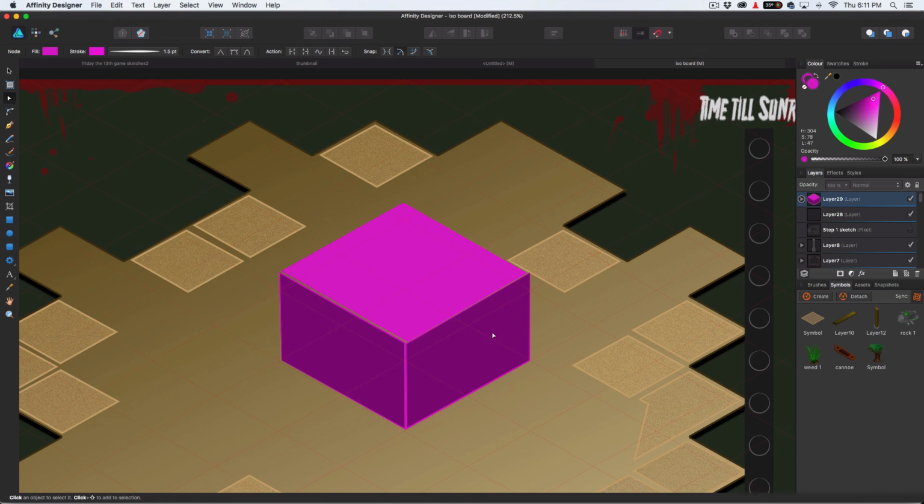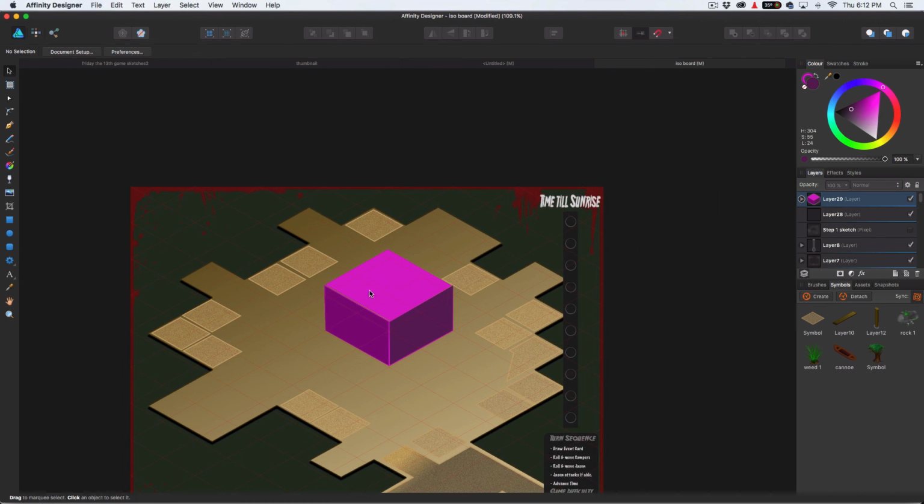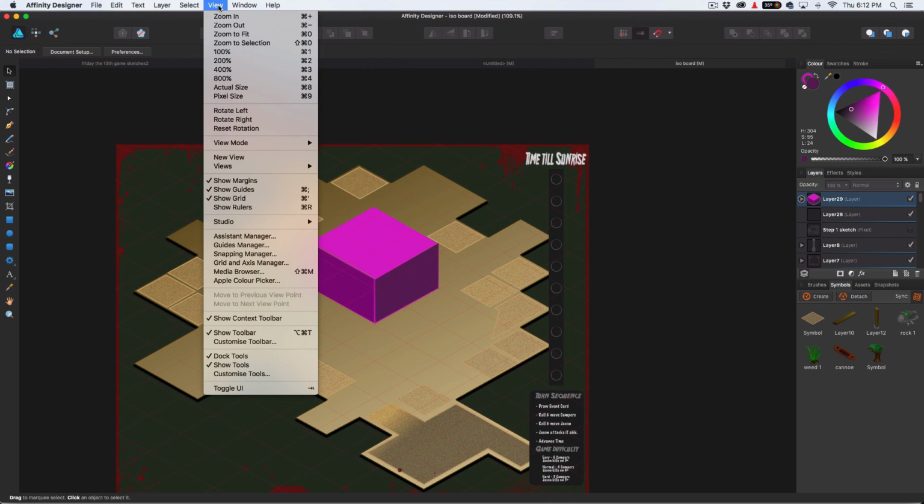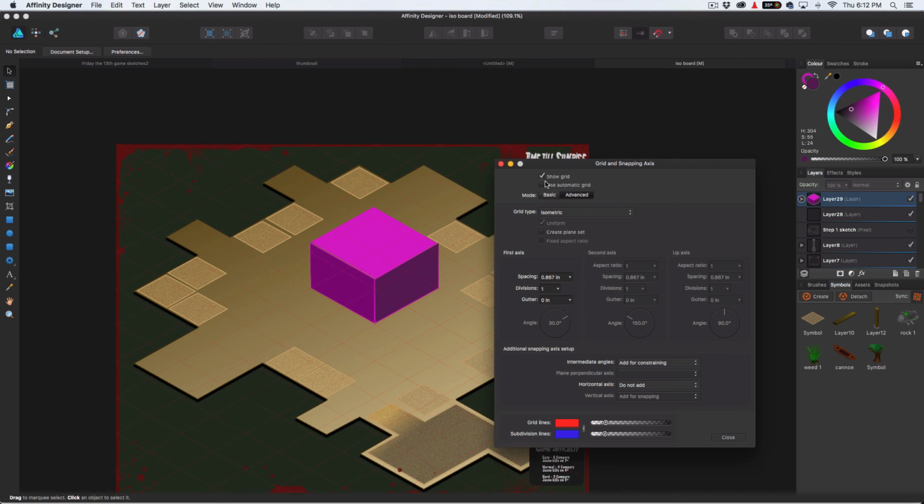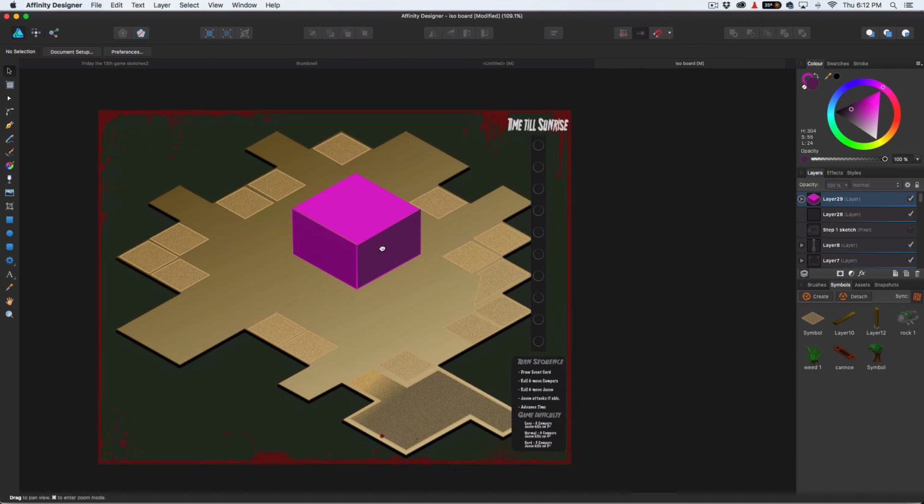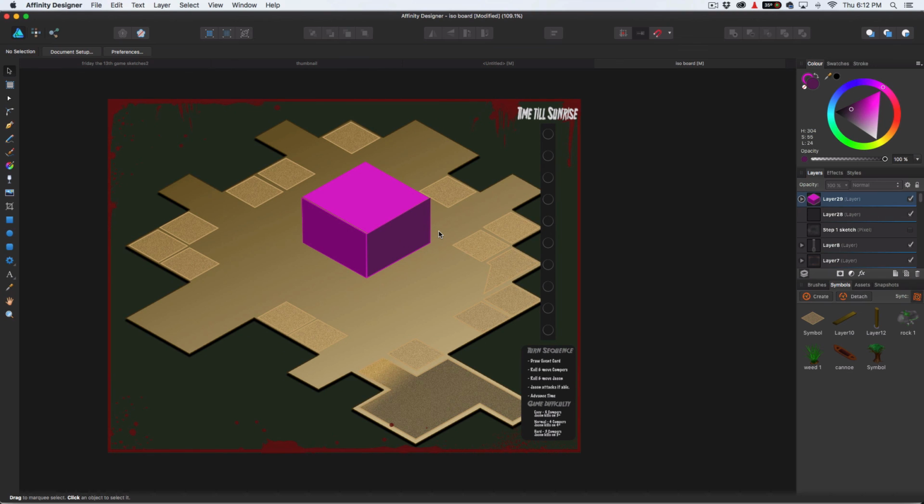Theoretically this would be darker because the light would be coming from here. As far as the lighting in isometric, the top would be the lightest, going one way would be medium, and then dark is how that works. Let's take the grid off really quick. And there we go. So that's a quick overview on how to do isometric in Affinity and how to do